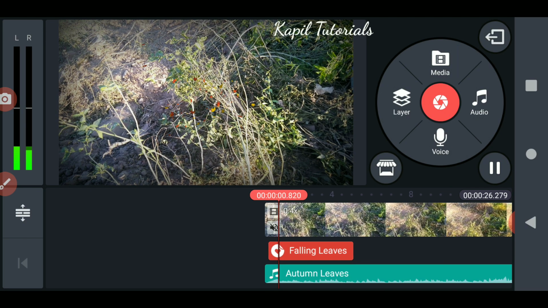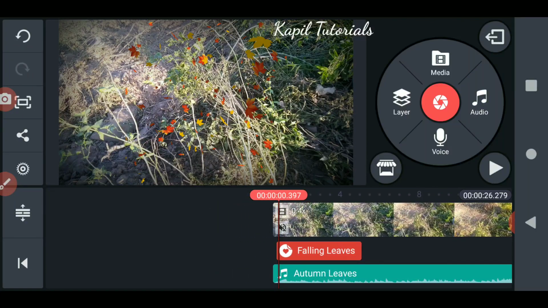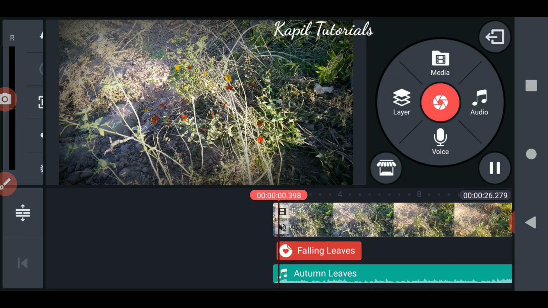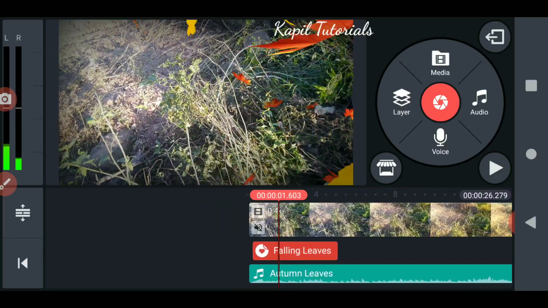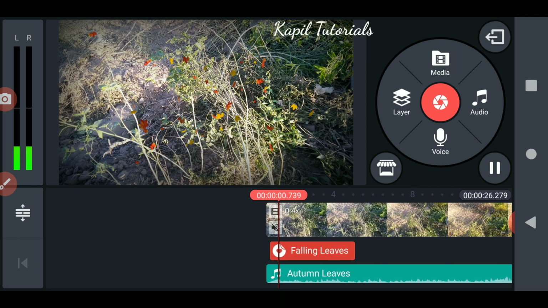Simply if I click on this, I can increase the size like this. With the finger I can increase the size. Okay, now I'll see how it looks. So I hope it is very much clear how to use.